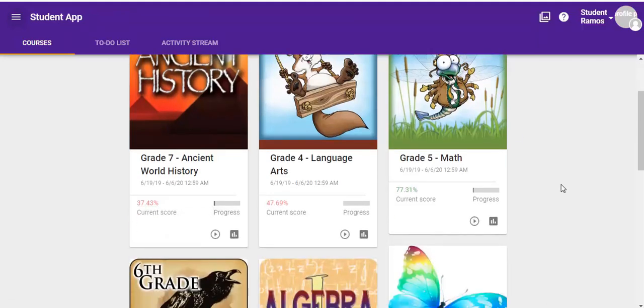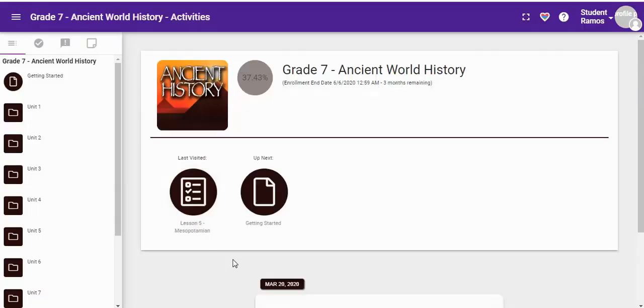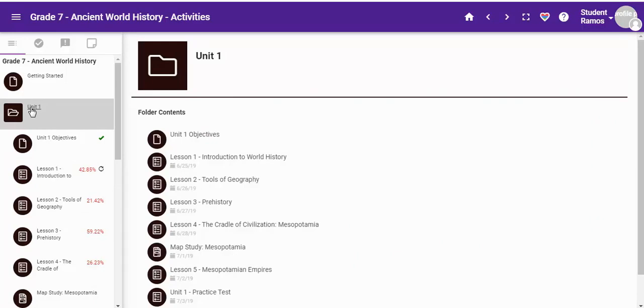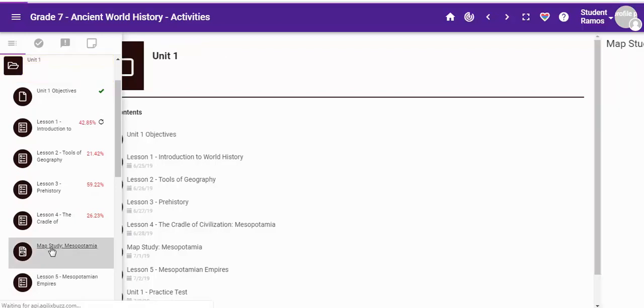Now, to go into a course, that's the activities. And then you have your grades. So let's go into activities. This is the lesson content for the course. Whatever you see on the left side, again, you're finding what the teacher has told you to do. So if the first thing I'm going to do is my map,